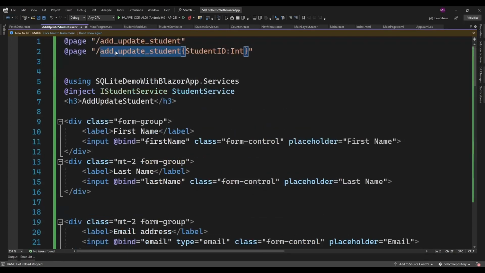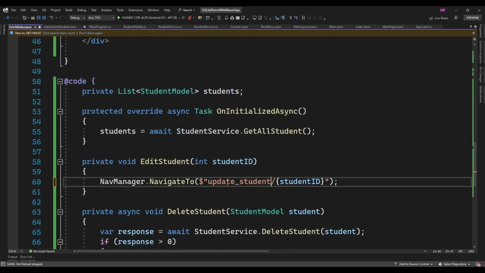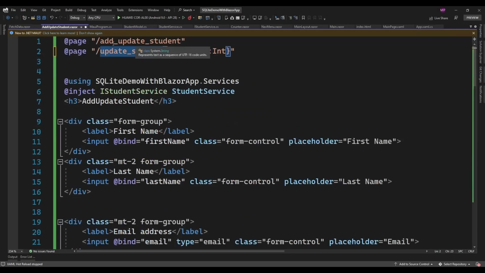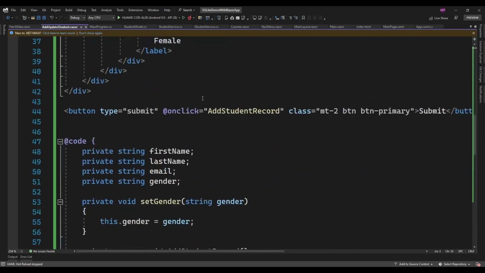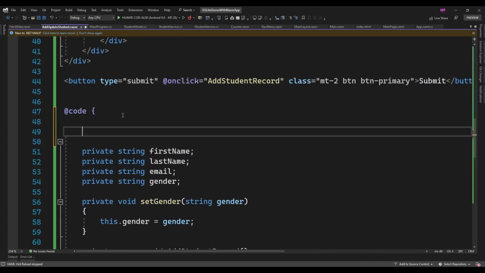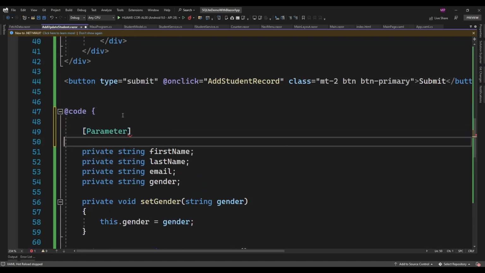Okay, here you can use any page, like here we are calling for update student, then let's just use this name here, and for adding I will use like add student. Okay, and here this student ID I need to define parameter here, so let's define parameter